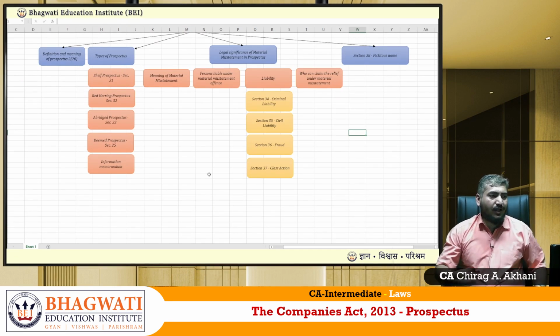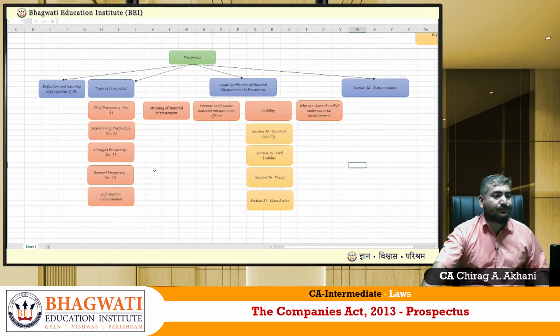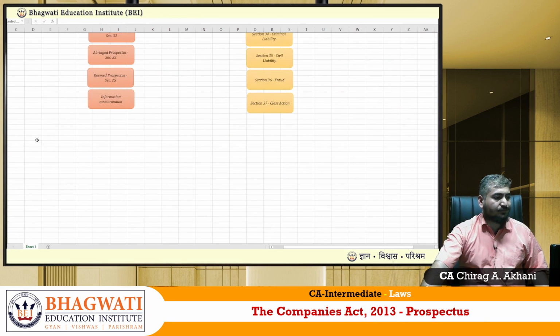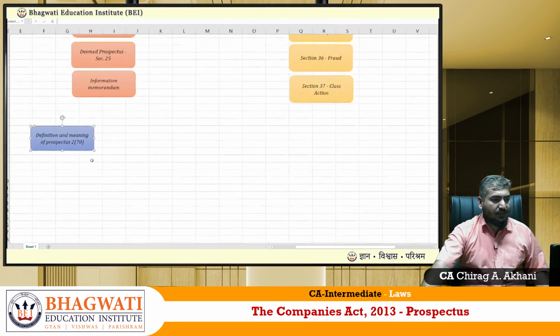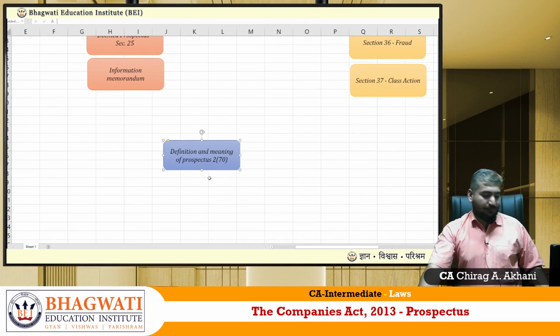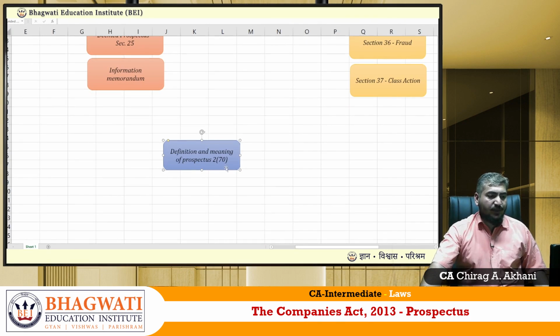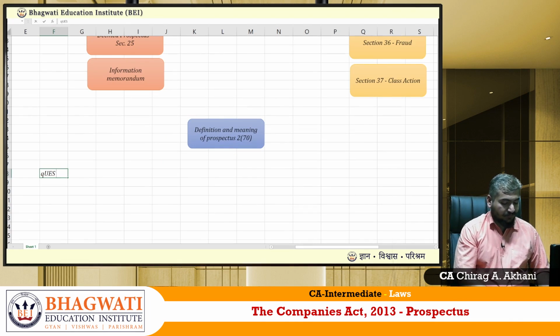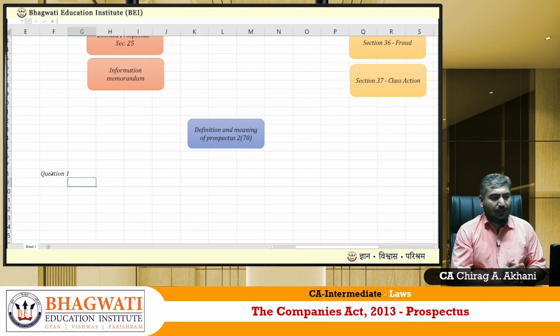Alright students, now let's begin with the first point of the prospectus, and that talks about the definition of prospectus. As we can see here, the definition of the prospectus is provided under section 2 subsection 70. Before we start the definition discussion, let's understand a few questions first. Question number 1: suppose in the exam it is asked like this,